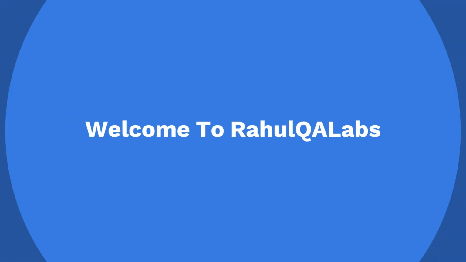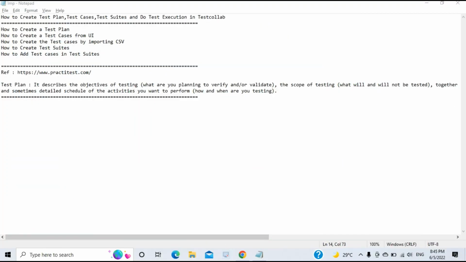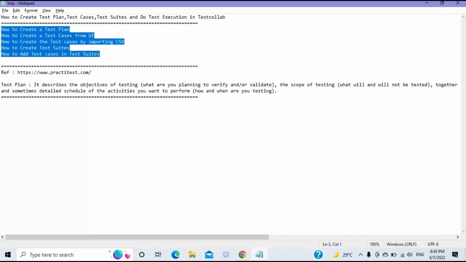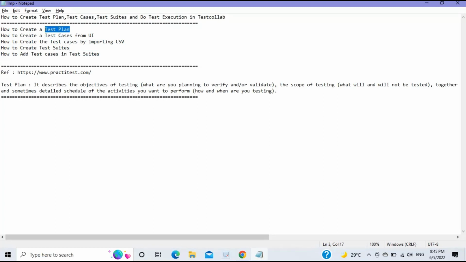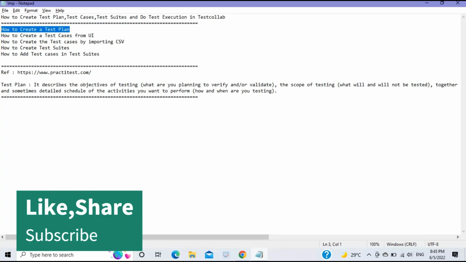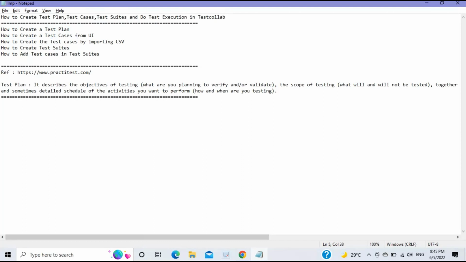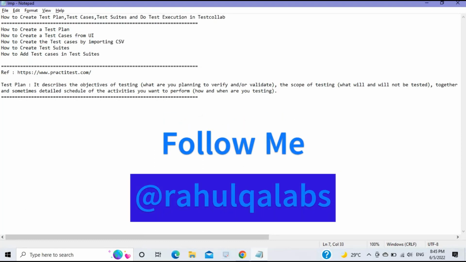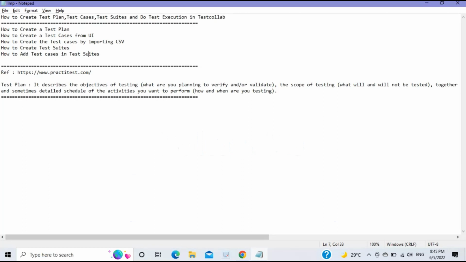So in today's tutorial, we will see how we can create test plan, test cases, test suites and do test execution in Testcollab test management tool. Right. So these are the set of points that we will be looking at. So how a test plan can be created in Testcollab, how we can create test cases and test suites. So test cases, how we can create from the UI and by importing from the CSV file, and how we can add the test cases into the test suites, right? So just to reiterate